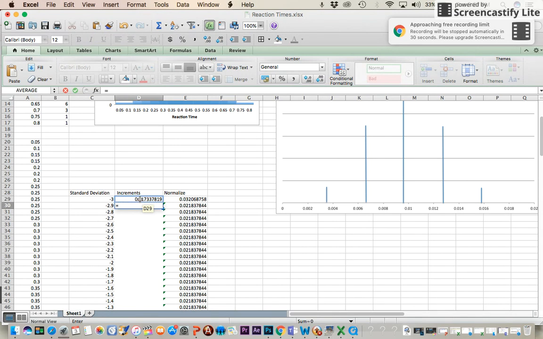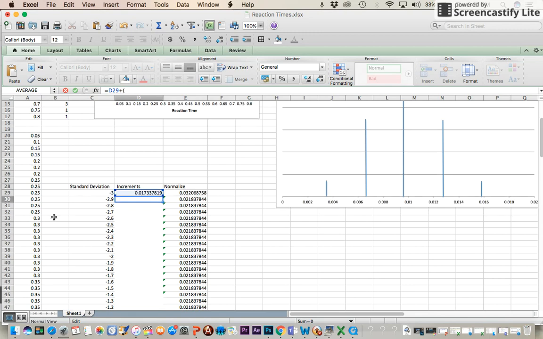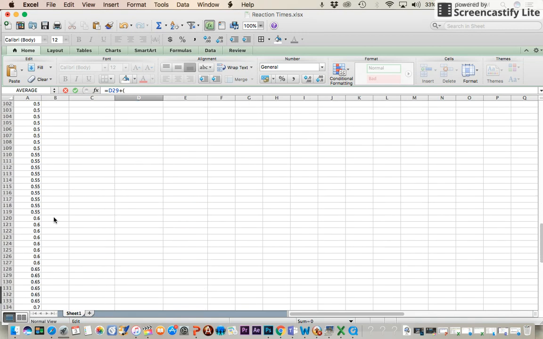Equals. I am referencing the previous cell, plus I'm going to add some standard deviation. Well, I'm going to add the standard deviation divided by 10 because I'm going to go in those small increments. Well, again, I never want that cell to change. I don't want it to reference the thing below it next, and that's what it will actually end up doing if I don't,